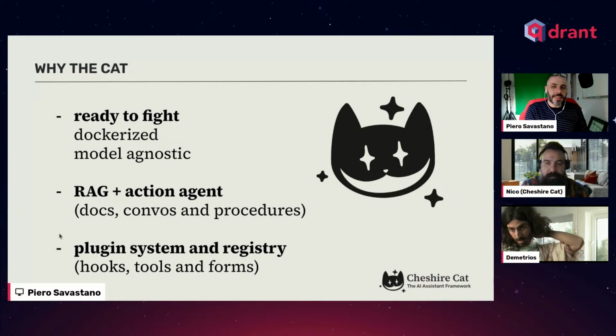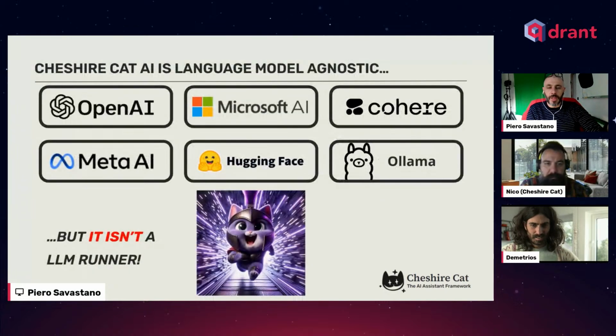We have a big plugin system. It's really easy to use, and with different primitives. We have hooks, which are events, WordPress style events. We have tools, function calling, and also we just built a spec for conversational forms. So you can use your assistant to order a pizza, for example, in a multi-turn conversation, or book a flight. You can do operative stuff. I already told you, and I repeat a little, it's not just a runner, but a full-fledged framework. So we build this not just to use language models, but to build applications on top of language models.